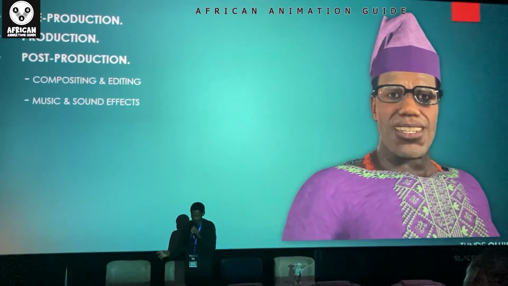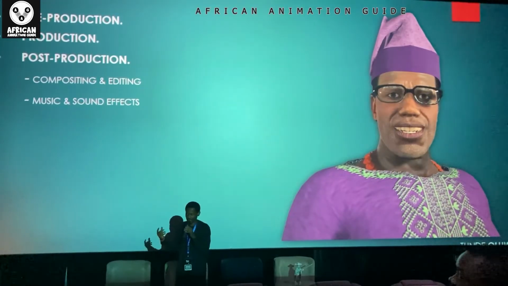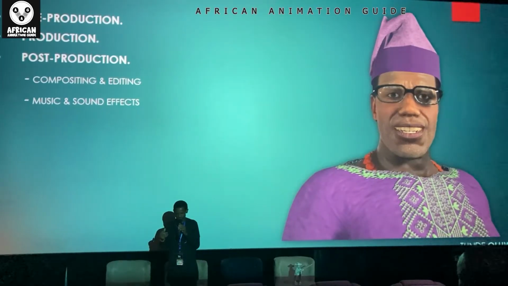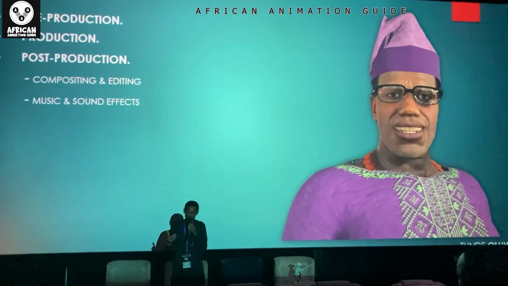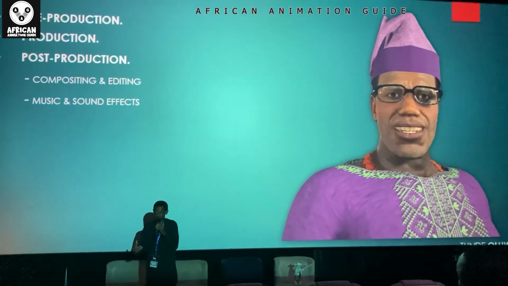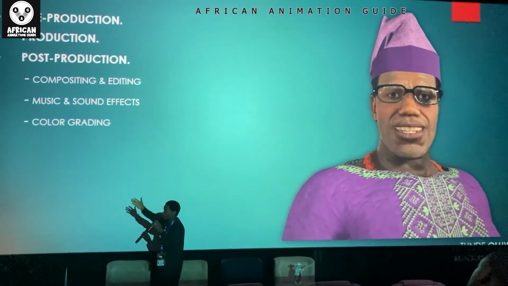After all this has been done, we add sound: the sound effects, the foleys, the music, and all. If you're shooting a live film and somebody's driving a car, for example, if you have a very good mic, you can capture the sound of the engine if you need it. But if you're doing animation, first of all, there's no car, so you have to generate the sound of the car. You have to generate the sound of the environment, which is a different ball game entirely. That is the part where we add all those things. But you make sure that every other thing is done, and then you start adding sound to it, and the background music and the rest of them.